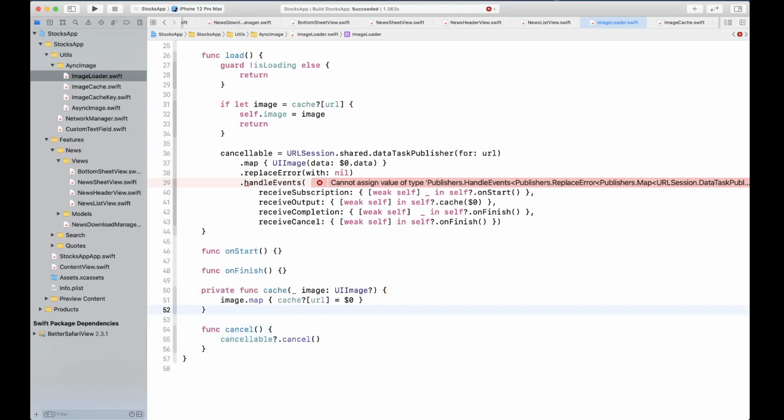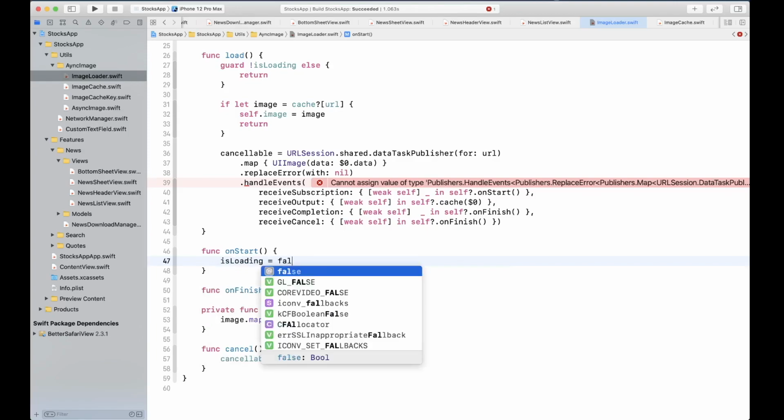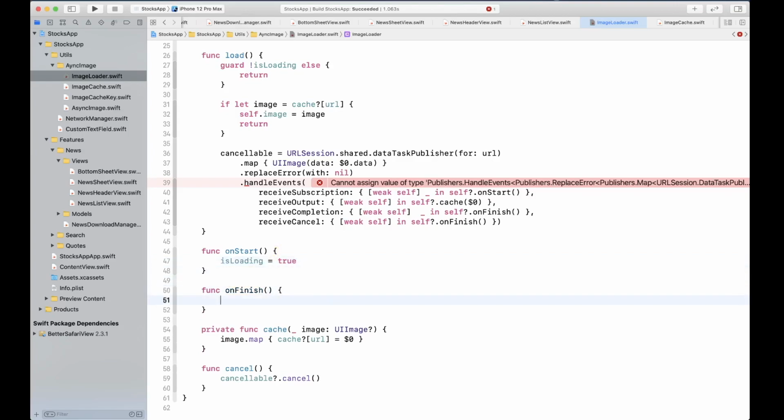So for cancel, we're going to say cancellable.cancel. For onStart, we are simply going to set isLoading to true, and for onFinish, we're going to set isLoading to false.